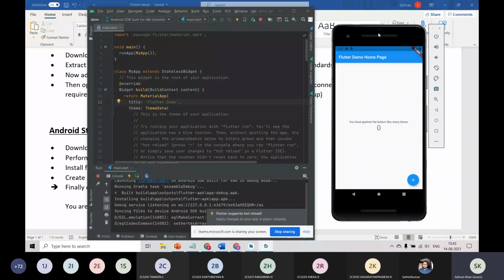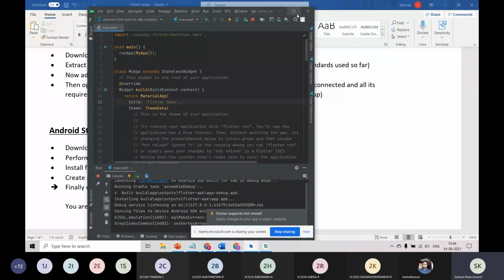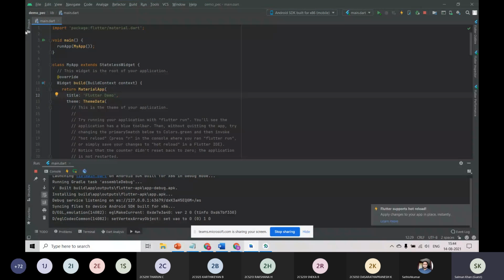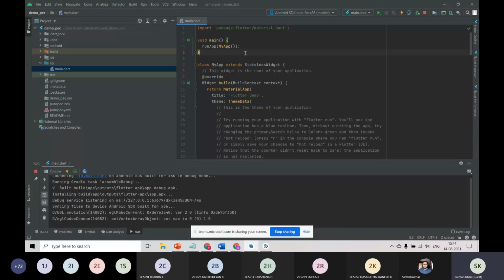So as I said before, this plus button is a stateless widget because it will be static here. But if you press this button, the values will be changing, and that is where stateful widgets are being used. Okay, and I will make sure you understand each line of this code, and I will erase all this code first.